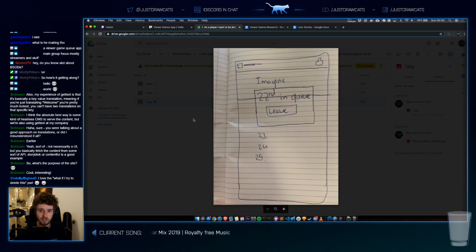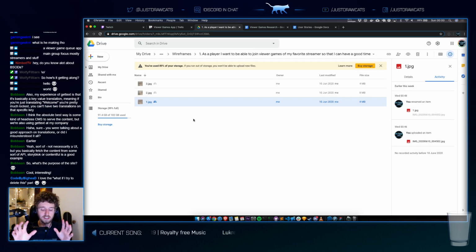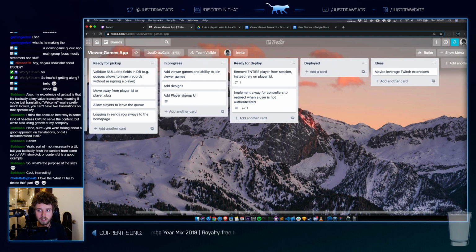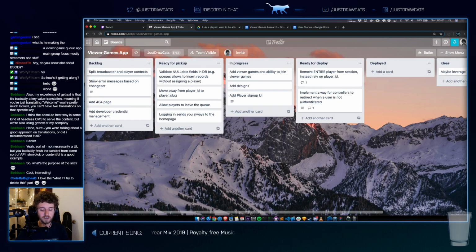So for now, I'm going to focus on just the core. What is the most minimal viable thing that we need in order to ship this? That's what we need to focus on. I have this whole backlog of stuff that I want to do. Some of it is not as important. The more I start using the user stories as my guidance point, the more I realize that there's a lot of stuff I want to do, but I shouldn't do yet.